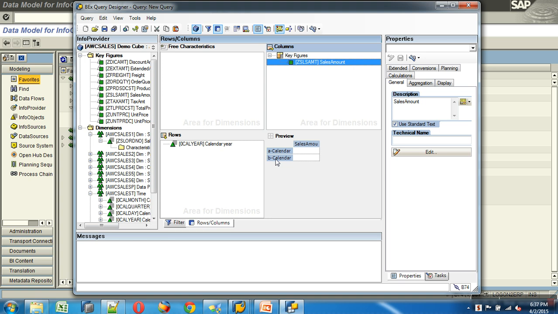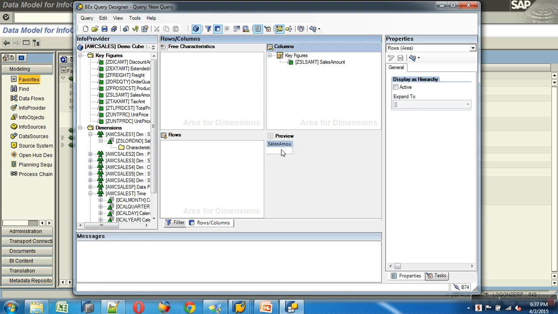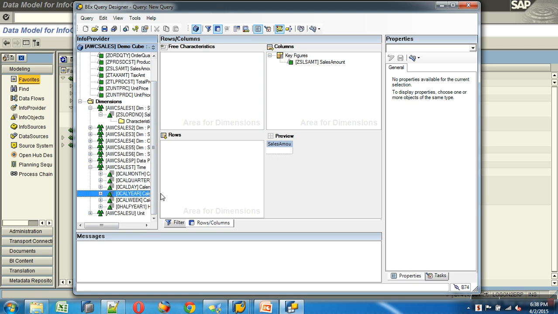Intersection, yeah. If I take out this year, you'll have only one cell here. What amount will it show? Entire amount it will show. It's like select amount from the cube. I have not spoken about summation yet. I'm just saying select amount from cube. So will it bring entire amounts? Yeah. But this amount I would like to have split across each year. So I'll say